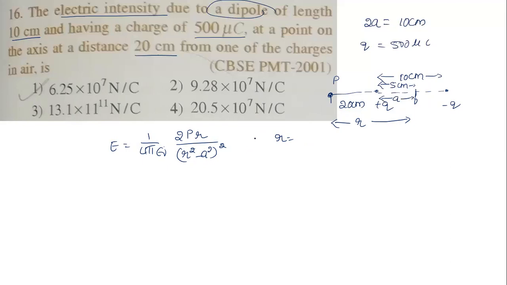I'm leaving this question to you students to solve, because we have done it already. The electric field due to a dipole, this is like the axial line, so please simplify using this formula. Finally, you need to get the first option as the answer. After putting in the values and simplifying, where p is the dipole moment given by 2a multiplied by charge Q, you will get the answer 6.25 into 10 power 7 newton per coulomb. That is left to you, so please do this question now. Okay.